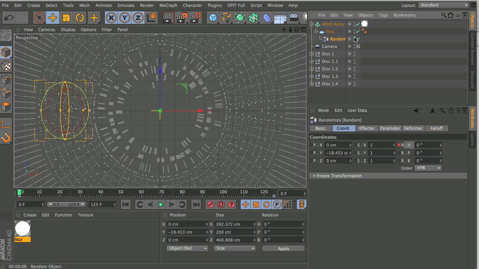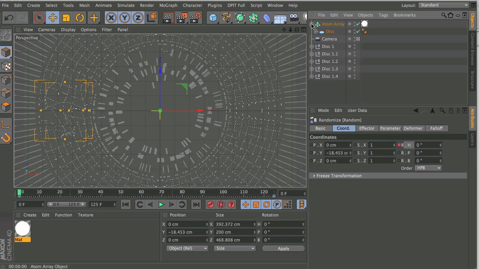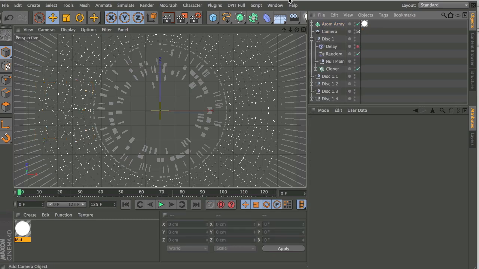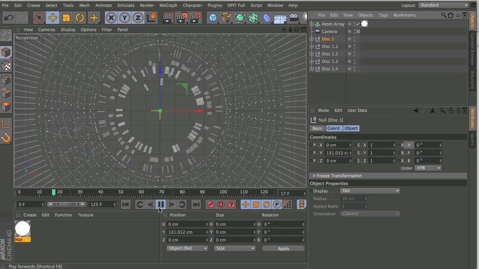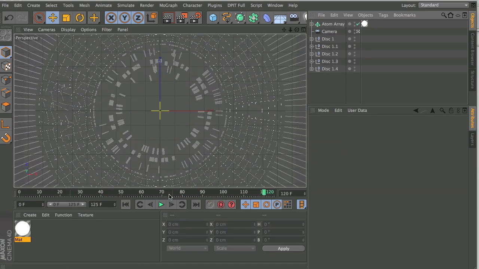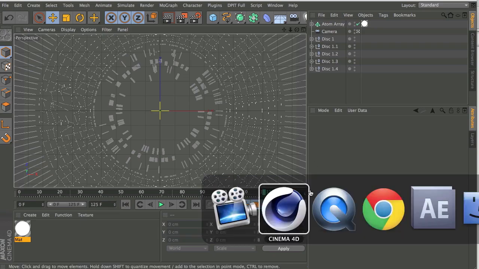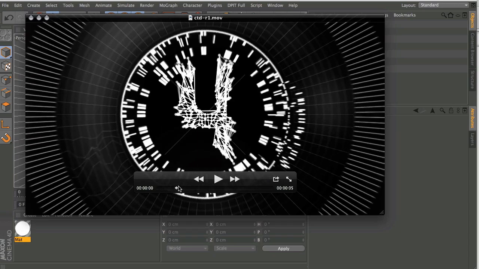Let's just hide this falloff gizmo so that it doesn't obstruct our viewport. And what we're going to do now, before we forget about it, is go into our discs and activate the delay, so that it's all nice and smooth. Okay, so that's looking very nice. And the last thing that we need to do is the most important thing on the countdown,